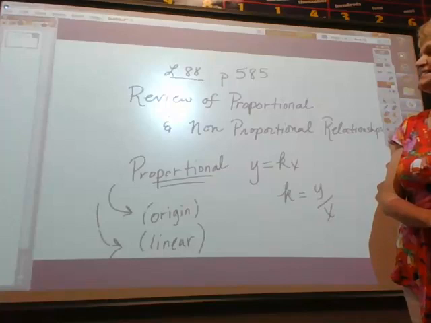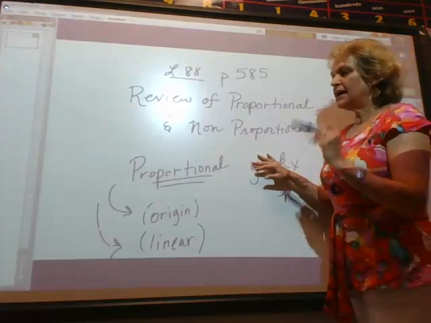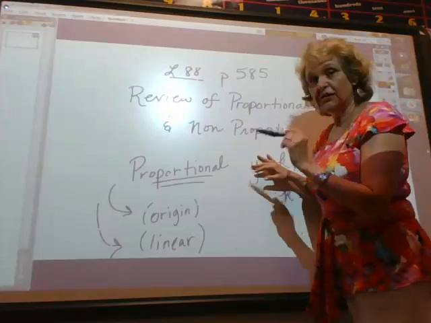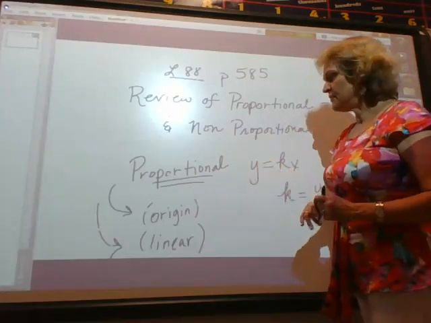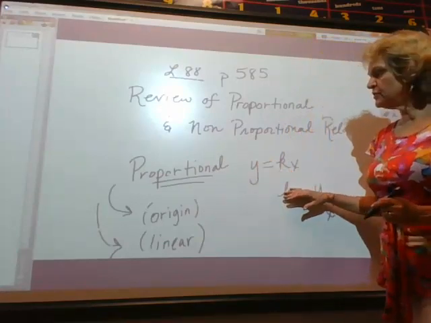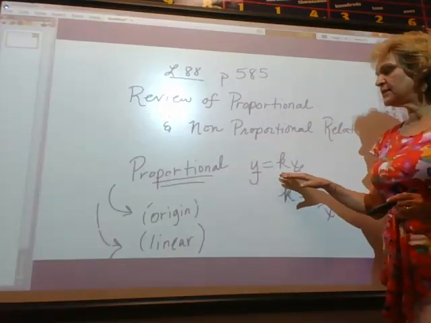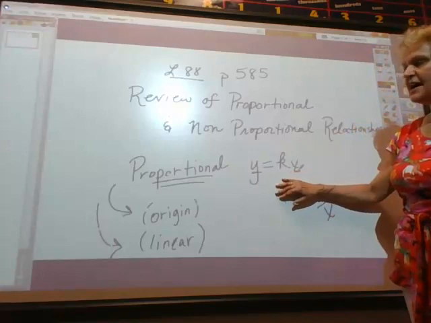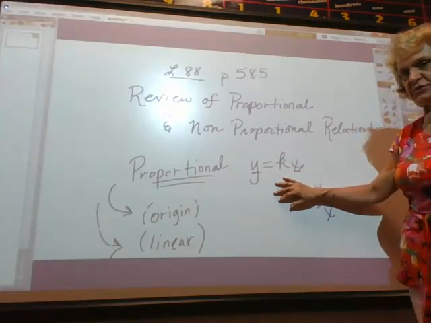All right, so we want to review that proportional relationships, the graphs are linear and they go through the origin, okay? So you're going to remember that. You're going to also remember that with proportional there are 2 variables, okay? Y equals kx. Okay, an example of that would be something like, if you were babysitting and you charge $10